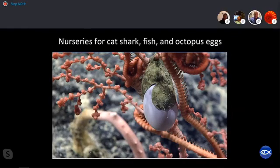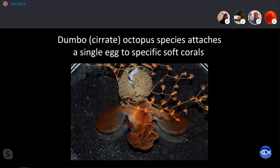I love this example. Corals serve as nurseries for a lot of animals like cat sharks, and fish lay their eggs in the corals. And this is amazing. We found this a couple of years ago. This is what we think is an octopus egg. The octopus lays its egg, attaches it to a coral. And what we found in the Atlantic near the canyons is that a certain species of